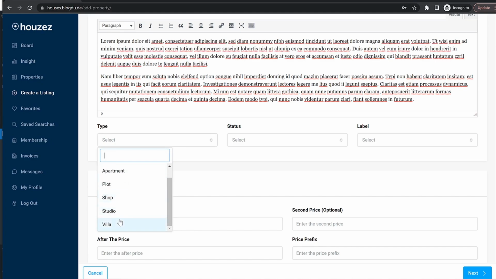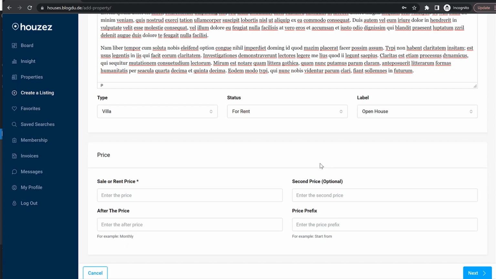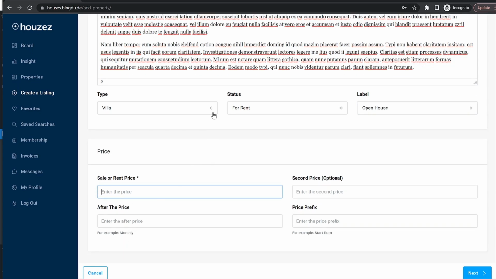Now this is maybe a villa, and this is for maybe rent this time. Okay, open house, I'll select. So rent price is maybe $2,500 per month. Okay, so I'll select monthly. Then we'll select